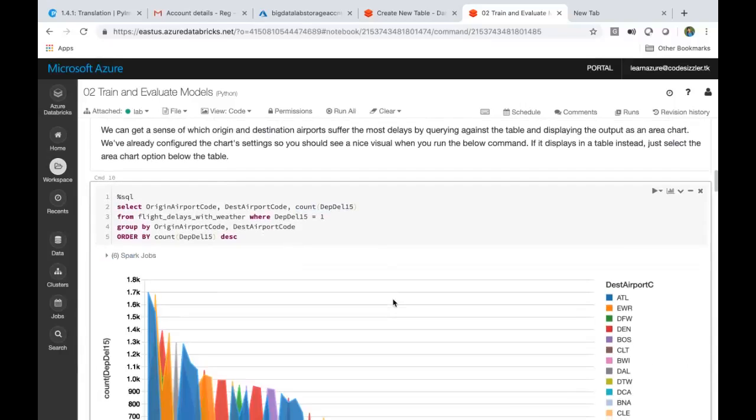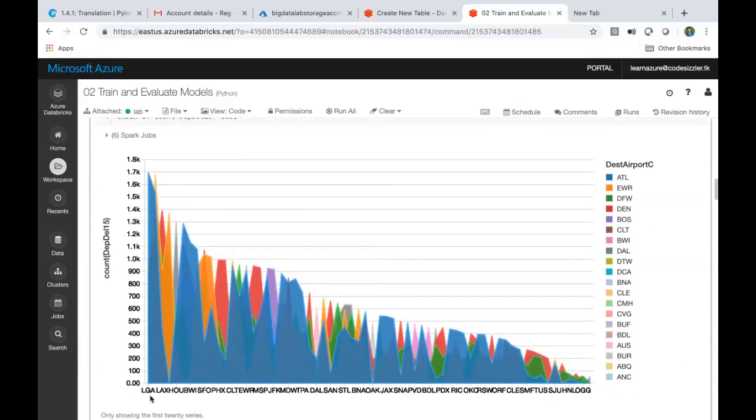See here, a graph is showing up. It shows Los Angeles with around 1700 delays, where the destination airport is Atlanta. Again, Los Angeles has another destination airport, I don't know what, maybe Colorado, I guess. This is what it gives out. All of this is automatically defined, and it looks really good for understanding.